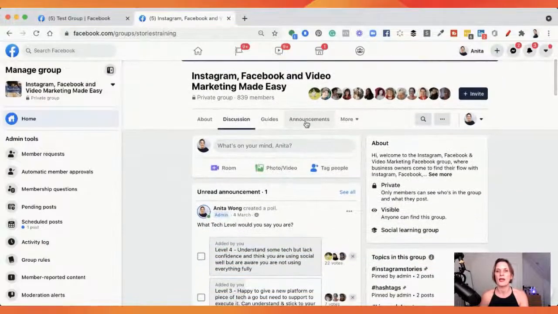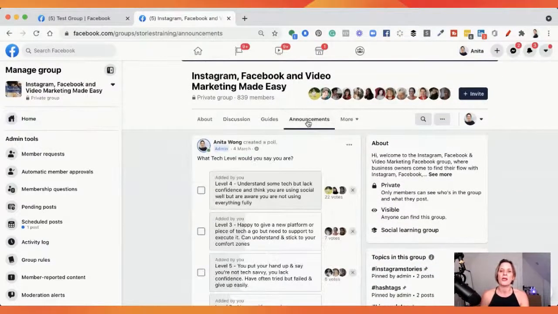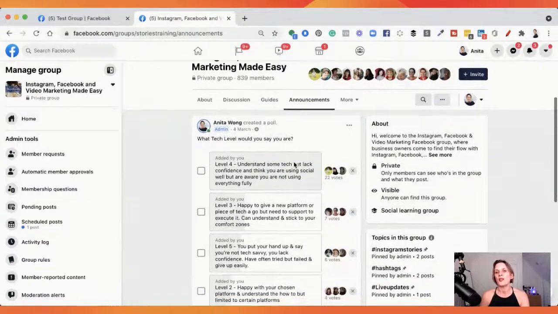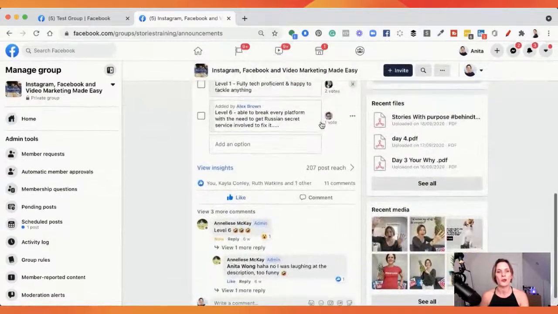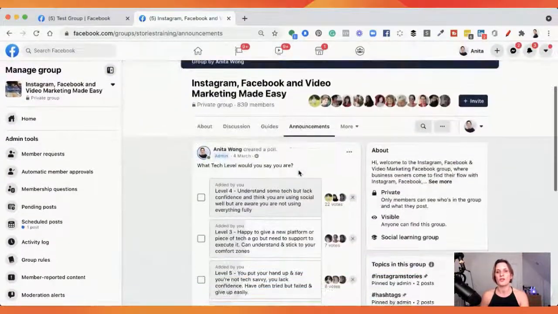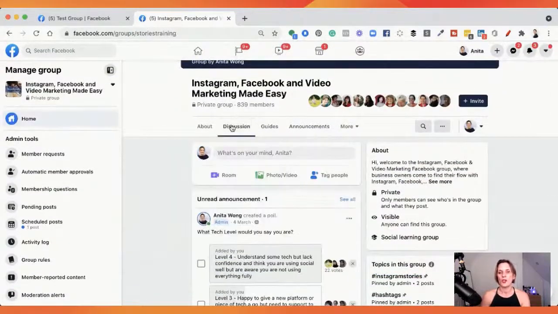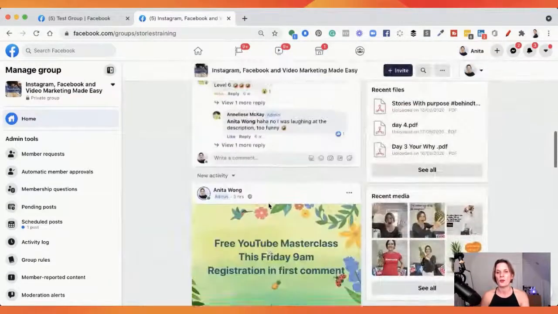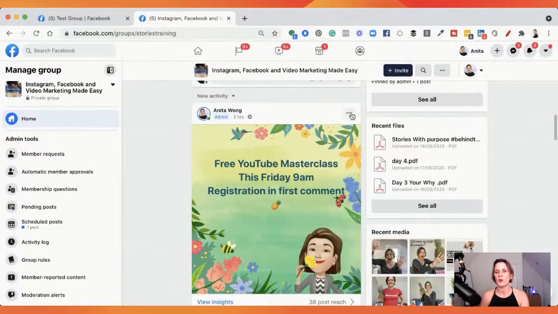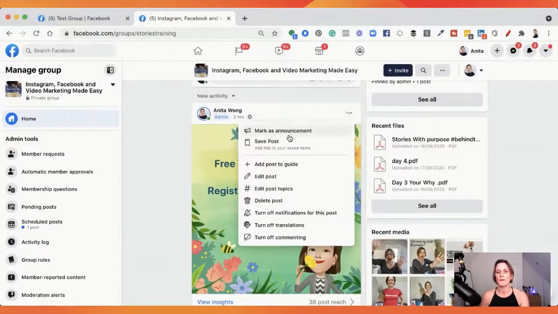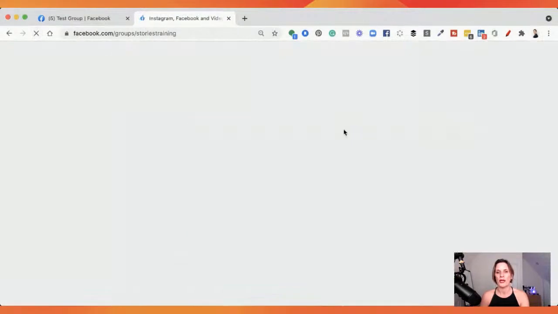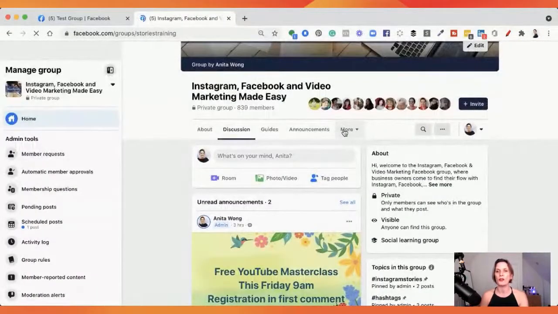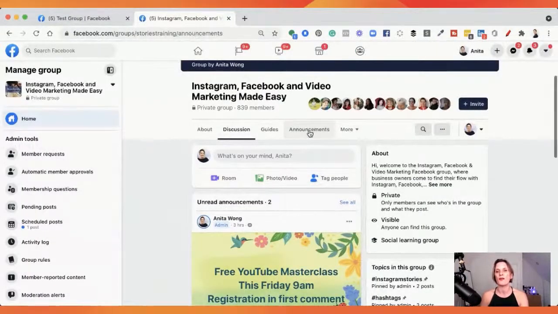So as you can see, if I click on the announcement tab, the announcement comes up here. And usually if you have more than one, it will say here more than one. So if I were to just go back into the discussion, and let's just make one of my posts an announcement. And I will just refresh my screen. What this will do is it will show up here. So if I click on this,